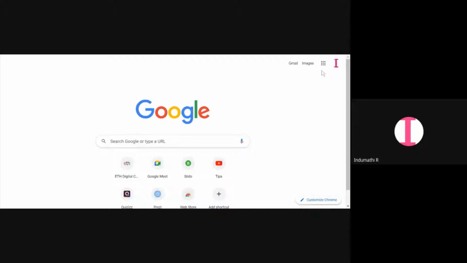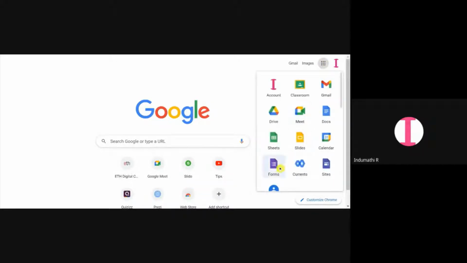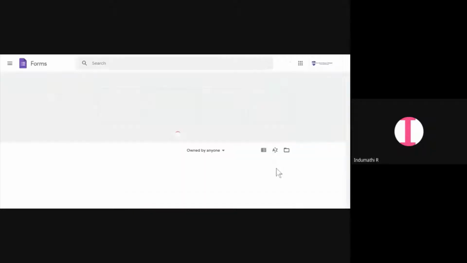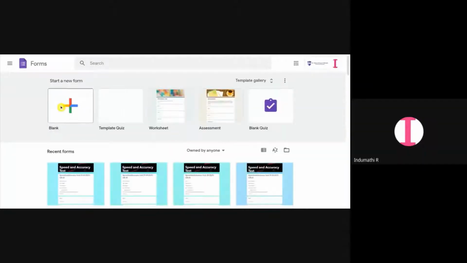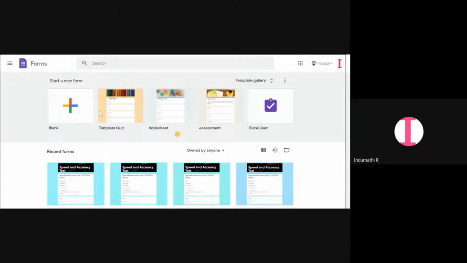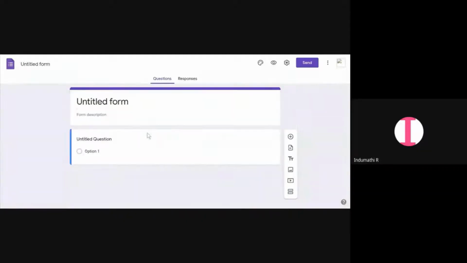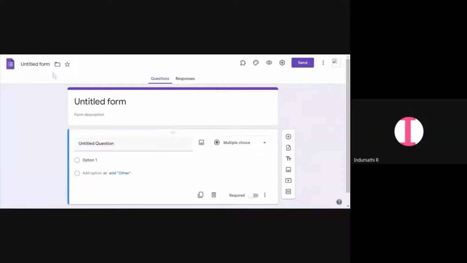To create a Google Form, just click the nine dots, go to Google Forms, and add a blank Google Form. Just click that one. Here you can give the class name, like